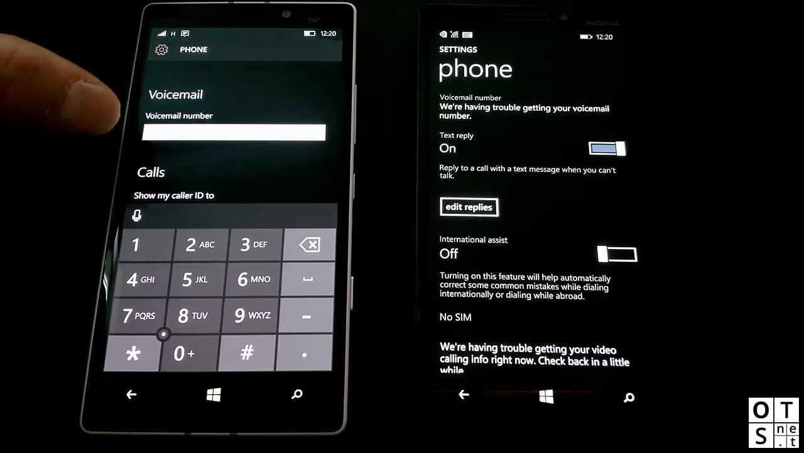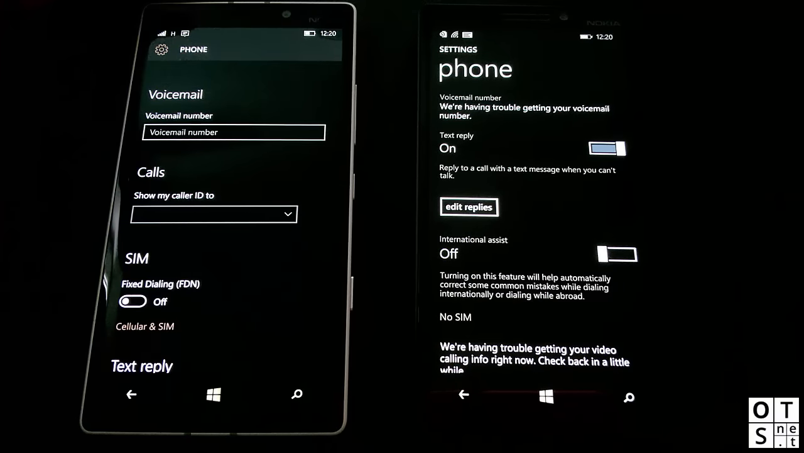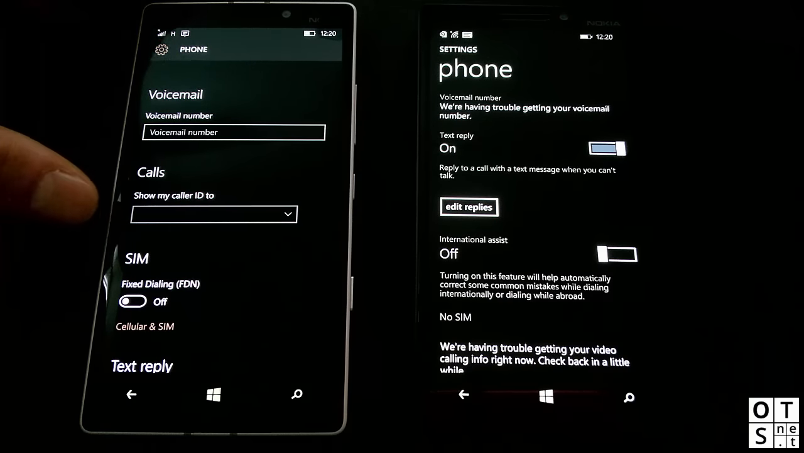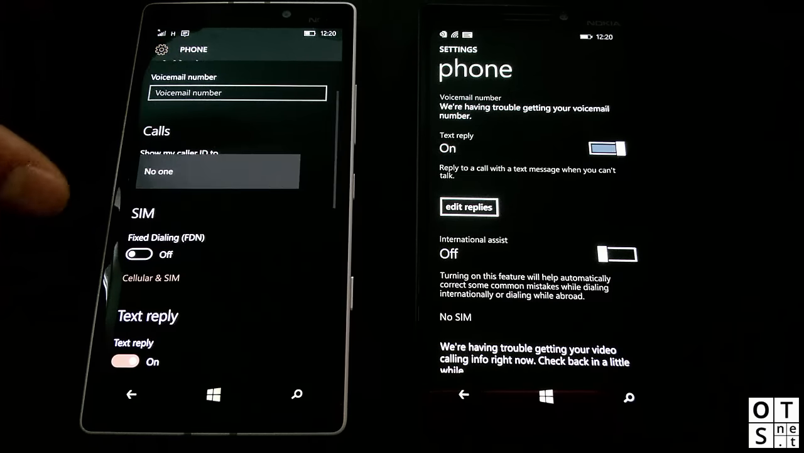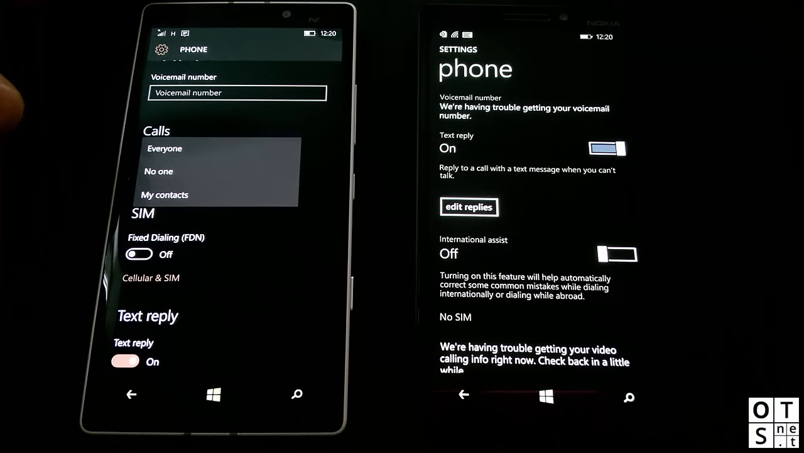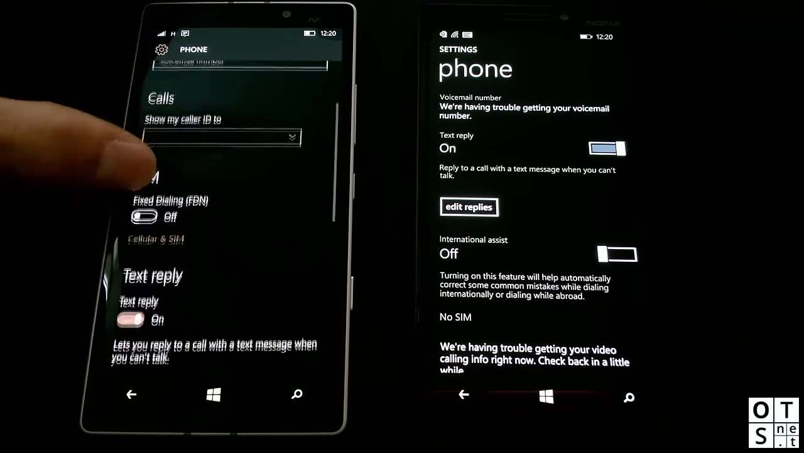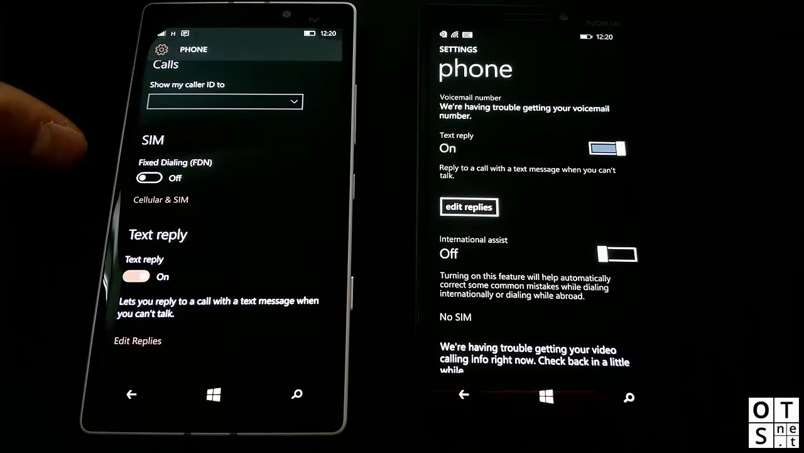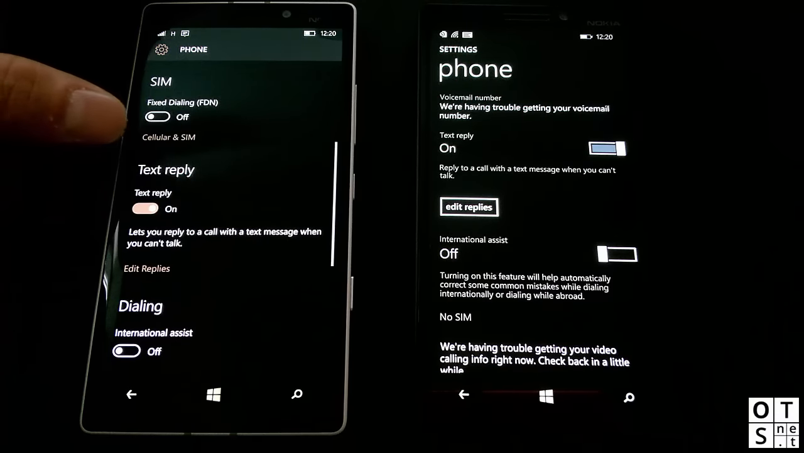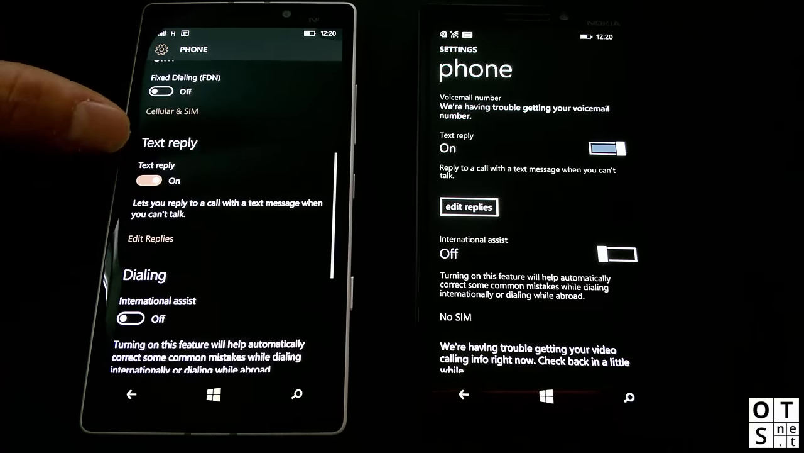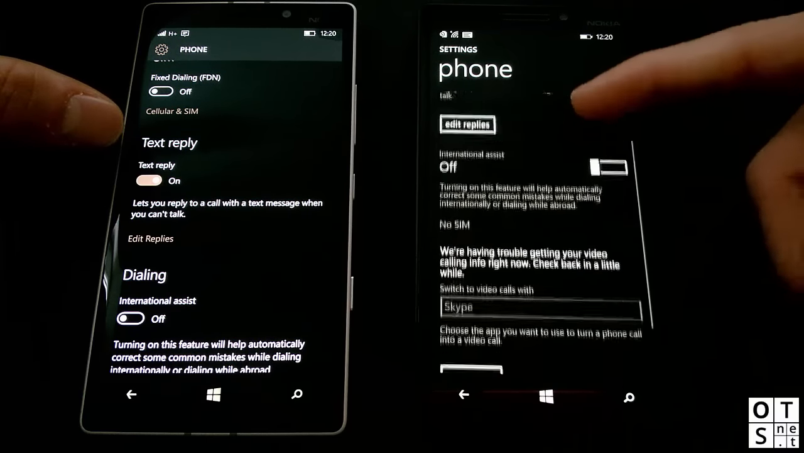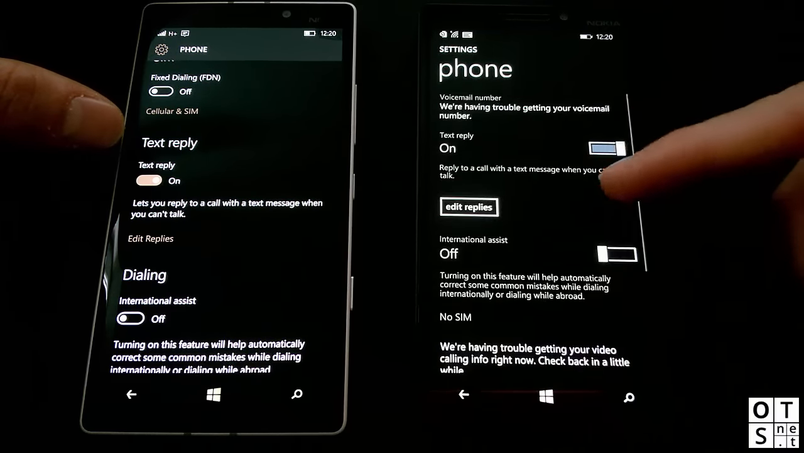Voicemail number can of course be inserted so that you can automatically call your voicemail if you click the button in the phone app. You can show your caller ID, and you can even choose between everyone and specific contacts. Fixed dialing can be turned on and off, and as you can see, it's actually pretty much the same,